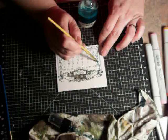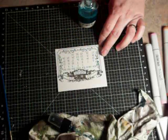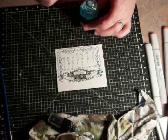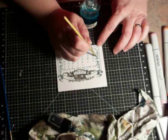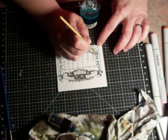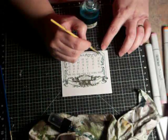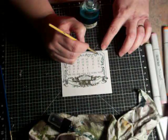And you saw me dab off there. It was just because I had a big bubble coming down, and I didn't want it to fall onto my, I had a little bubble that was going to slip down. It's just so pretty. Look how pretty that is. So basically what I'm doing is I'm color washing